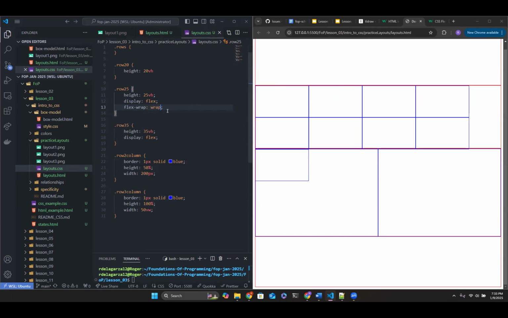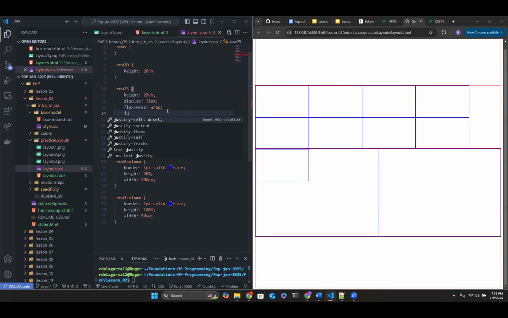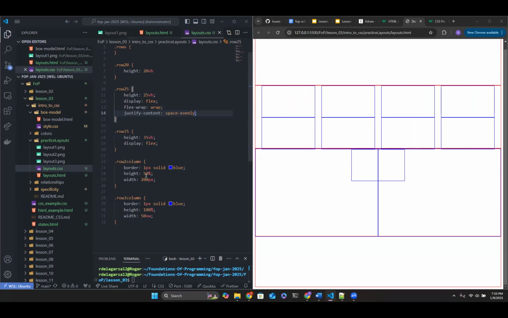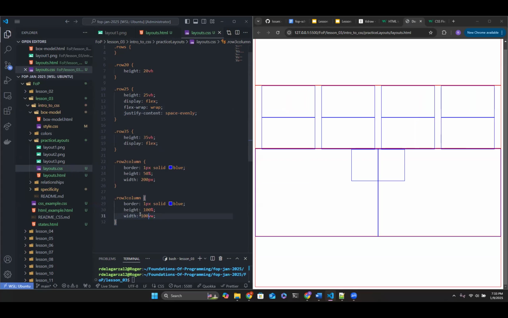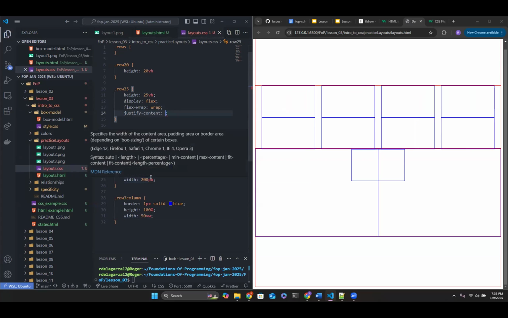Justify content, space evenly. We say 100%.